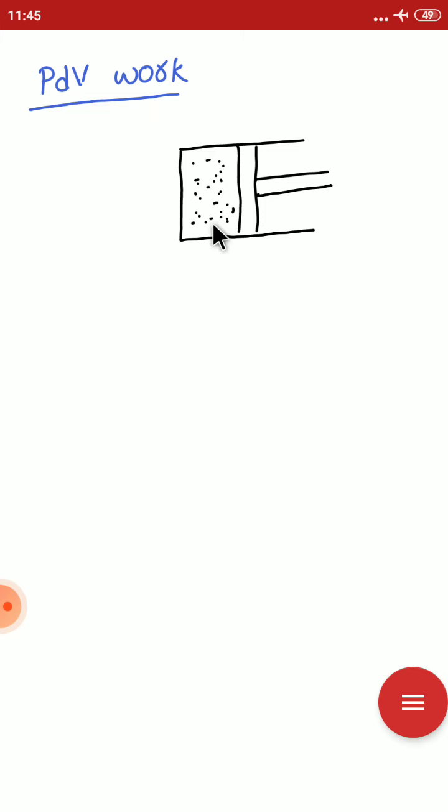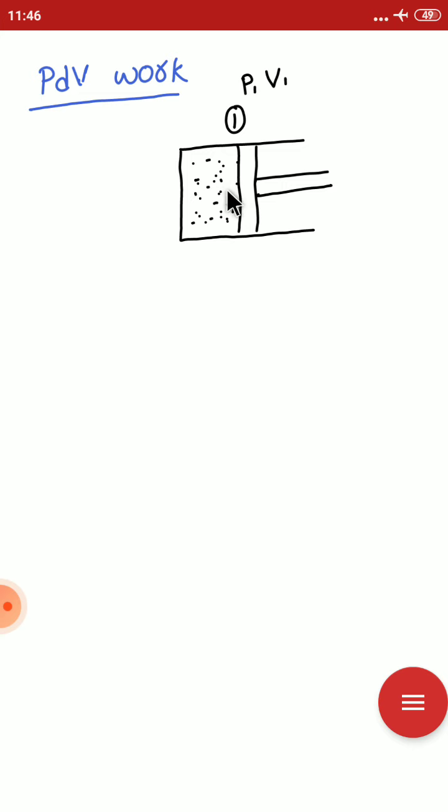Initially the system is at position 1, where the properties of the gas are pressure P1 and volume V1. The state is in thermodynamic equilibrium. Next, the piston is the boundary, and it is the only boundary which moves due to the